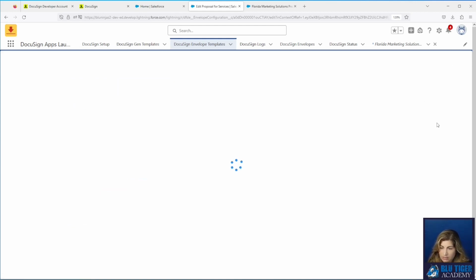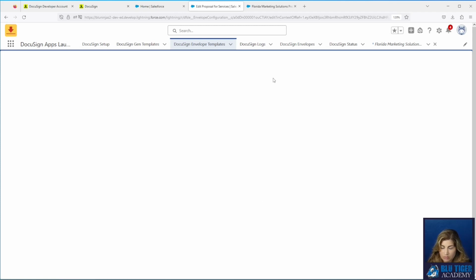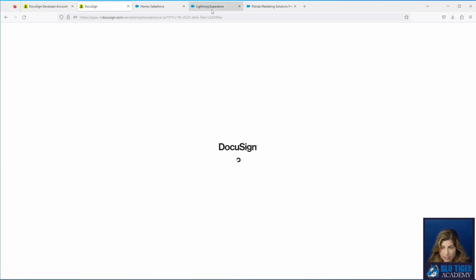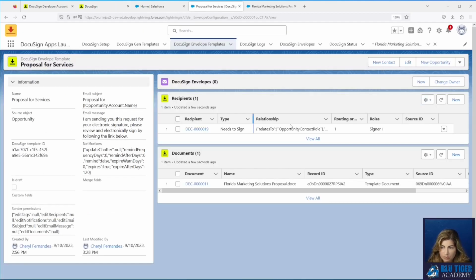I'll click next. Save and close. And now we should only see one recipient. We'll come over here and refresh. So we can see we only have 1 recipient. Beautiful. I did that on purpose so you guys can see. You delete the records from there, it doesn't do any good.